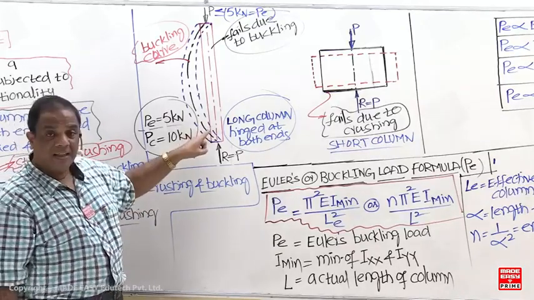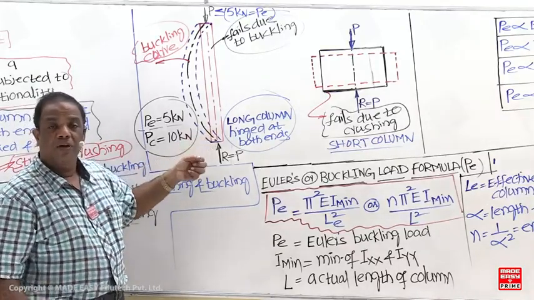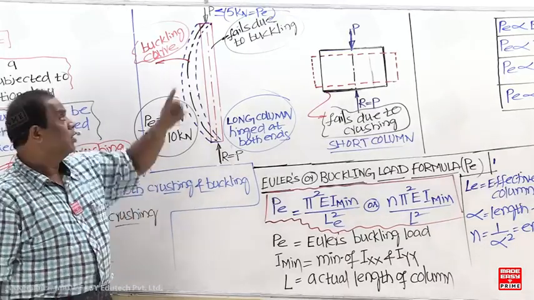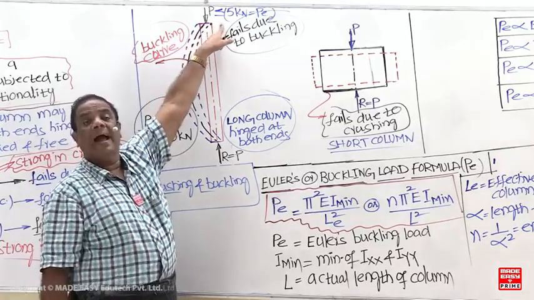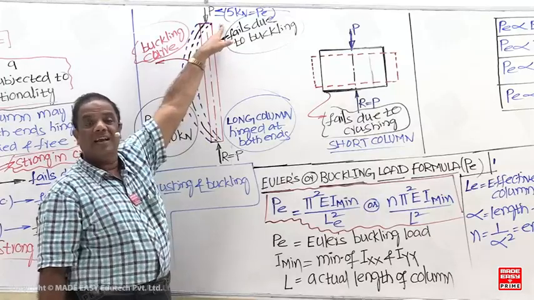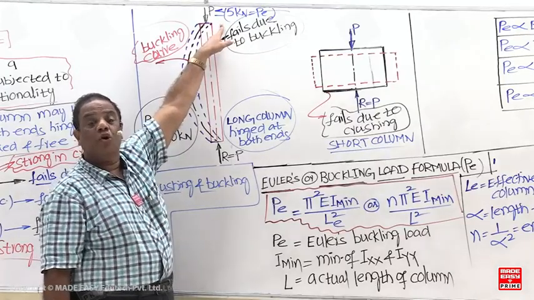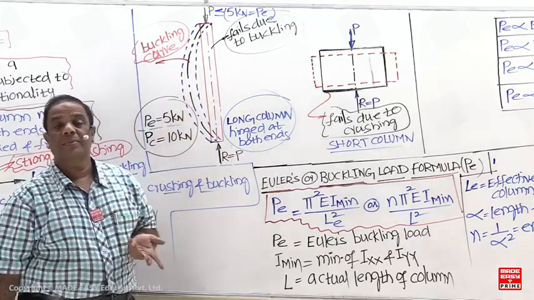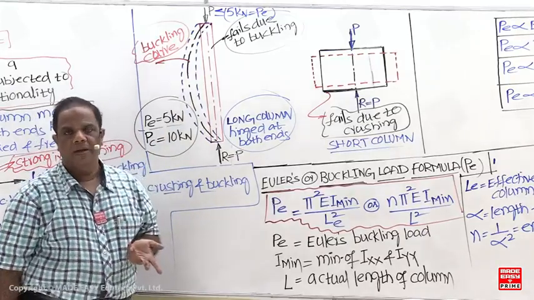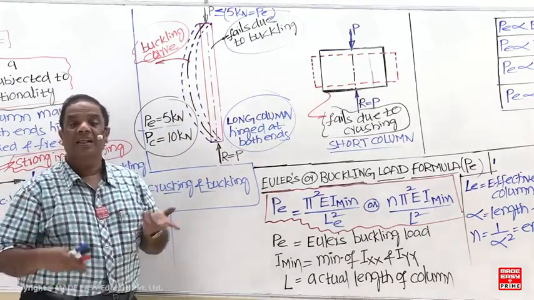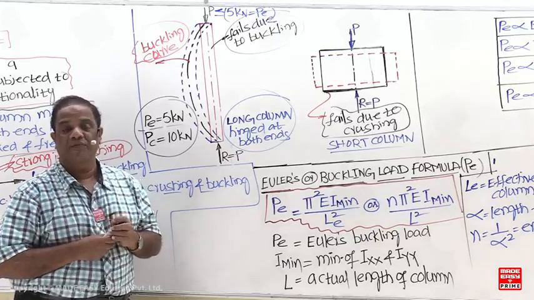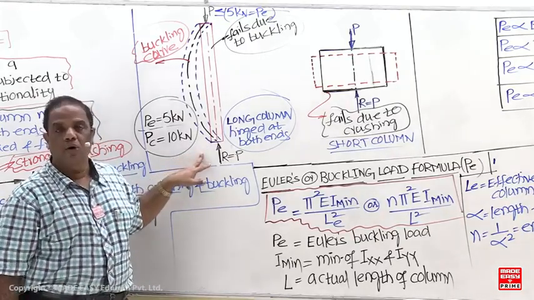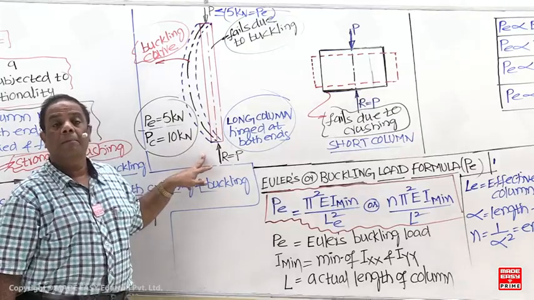So always you have to design this column such that there should not be buckling. When there is no buckling, there is no crushing. So this load is called what now? The maximum load that a column can withstand without buckling, without axis deviation. This is nothing but the strength of this column. What is the meaning of strength? The maximum load it can withstand without any failure. What is the strength of the long column? The buckling load. Strength of the long column is the buckling load.